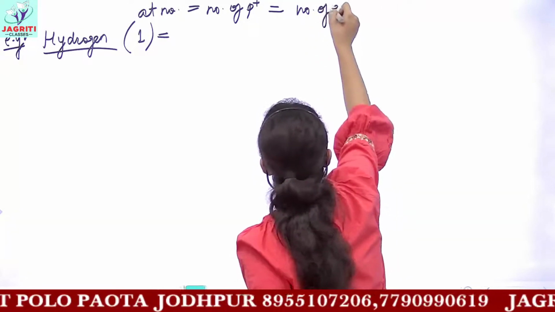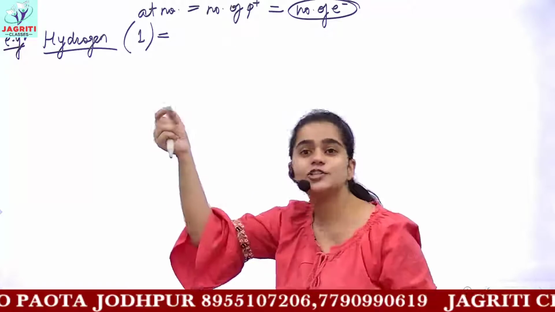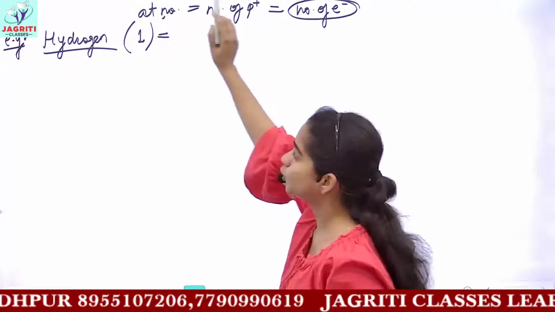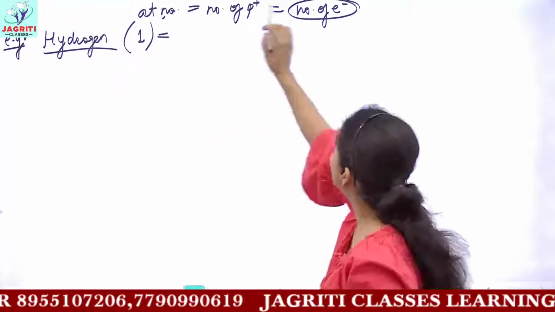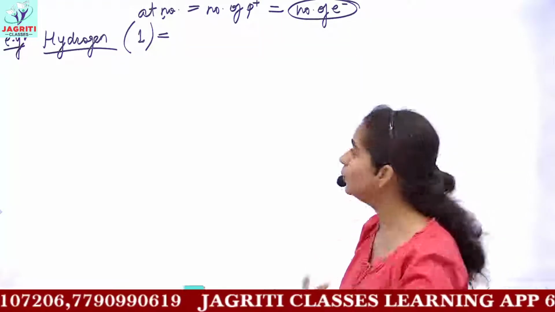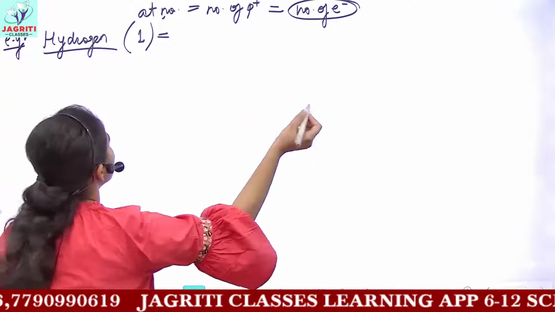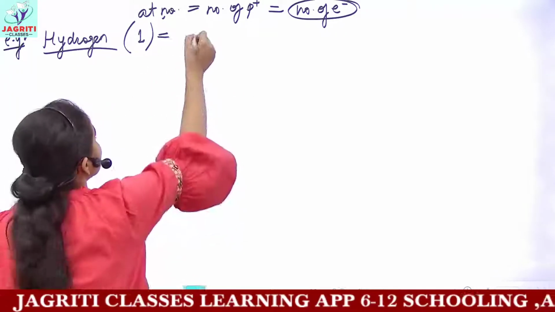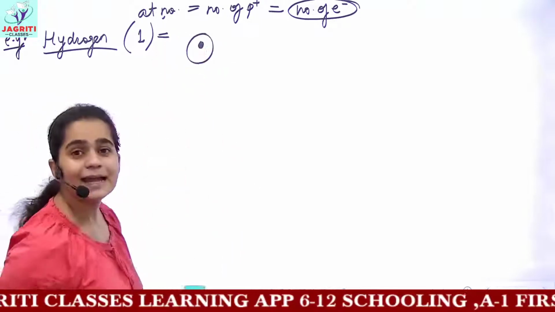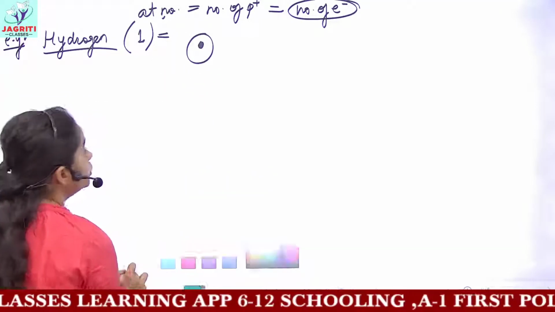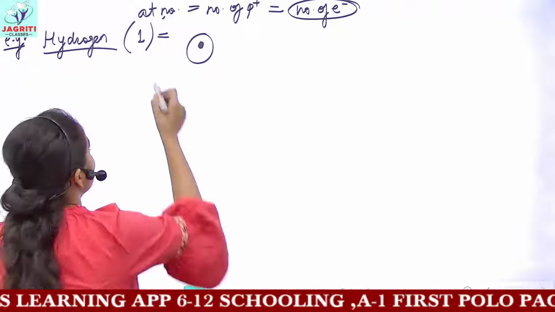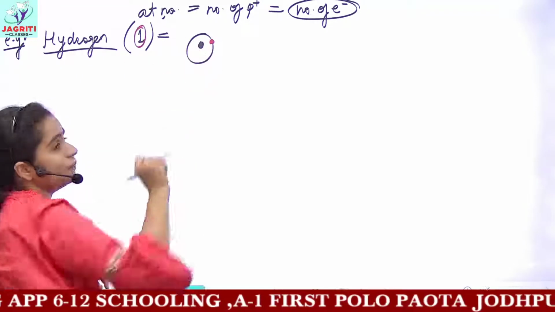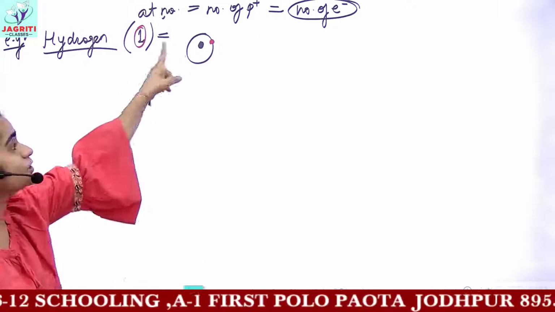We require only the number of electrons to draw our structure. So atomic number is 1, that means number of protons in hydrogen is 1 and number of electrons in hydrogen is also 1. So the structure would be quite simple: you will draw a nucleus in the center and then you will draw your first shell, that is your K shell. Now drawing electrons, the number of electrons is 1. So you just put 1 dot which represents a single electron, and this is your K shell.